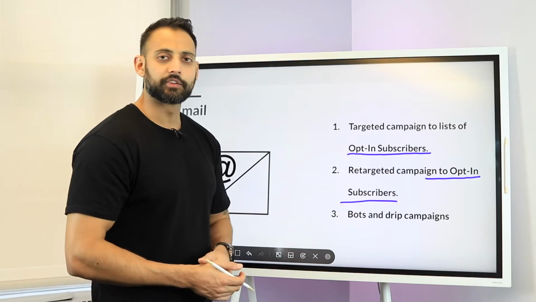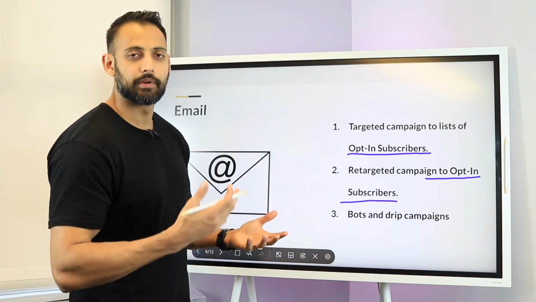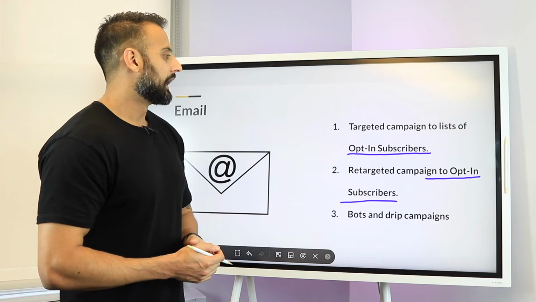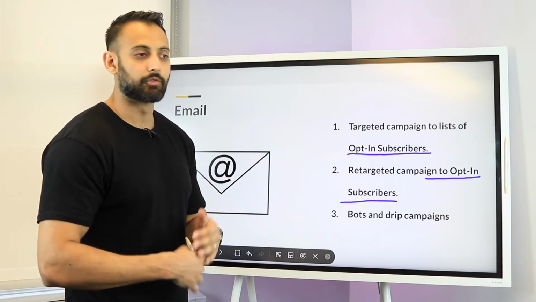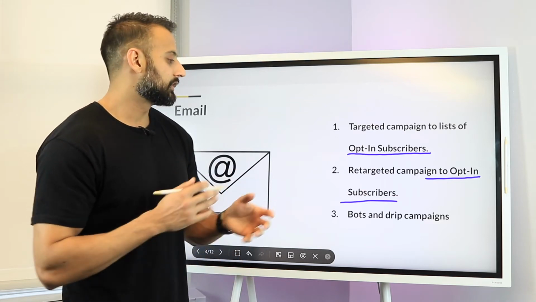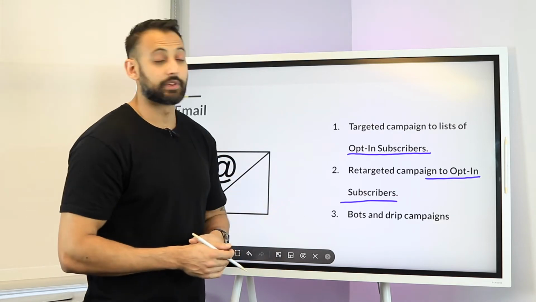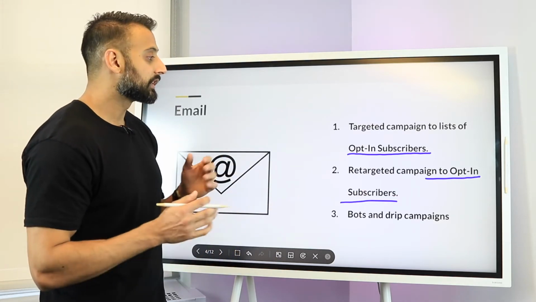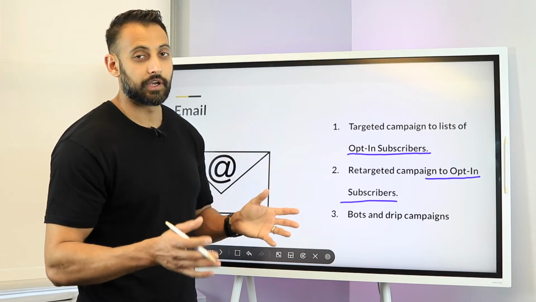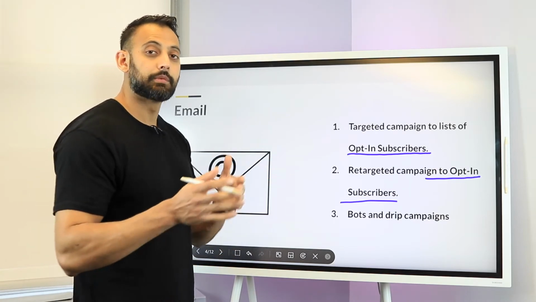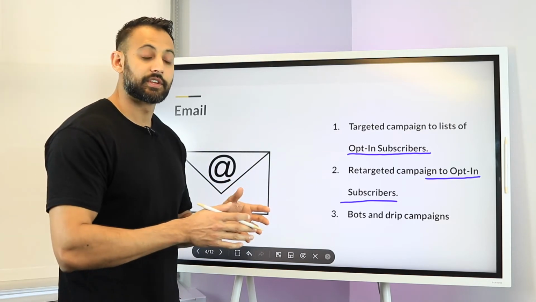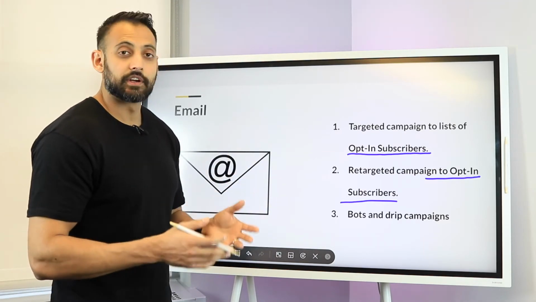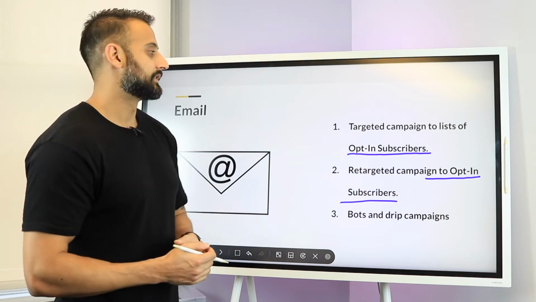You have bots and drip campaigns. I have email mailing software that literally will send out emails at certain periods. It will recycle all emails. You can really control these things to do whatever you want with them. So emails have been around for a very long time. So the technology that is available for, I guess, manipulating how they can be used in a sales function is very, very matured. So there's a lot out there for you to use.